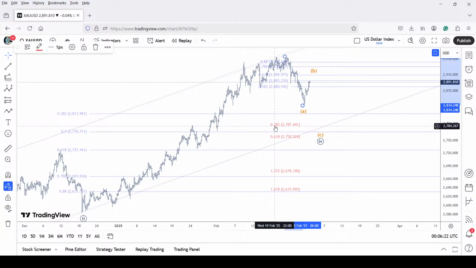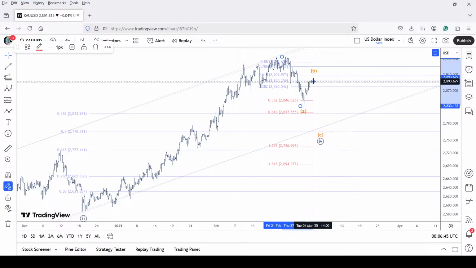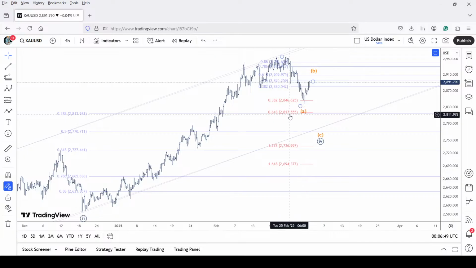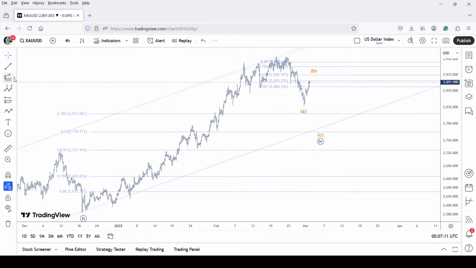Let me just redo the Fibonacci sequence. If we go by the Elliott sequence, then we need to feed back to a potential wave B, and if that is potential wave B, then the 61.8% is coming around 2817. Possibly if wave A tries to be equal to wave C, then it can drag much lower as well. So I think we should wait for wave B to complete and then try and project this Elliott extension. Before that, I think we are good with the simple Fibonacci extension of